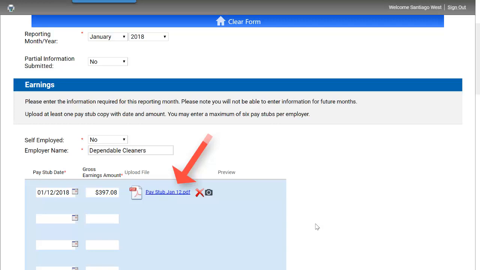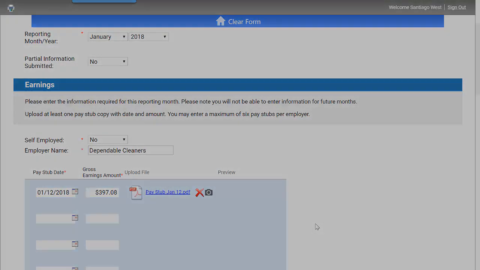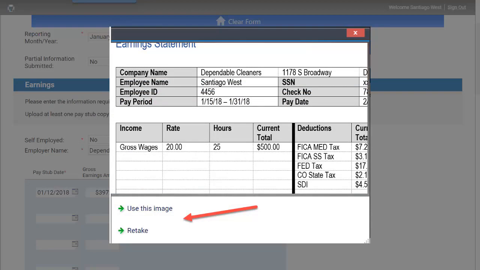If you are using a smartphone or tablet to report earnings, you could click the camera icon and take a picture of your pay stub. After you take the picture, it gives you the option to use the image you have captured or retake it. It's very important that the image be legible and shown in complete form. Partial, dark, or illegible images will not be able to be used. So, if you are using this method, you may need to retake it a few times to capture everything on